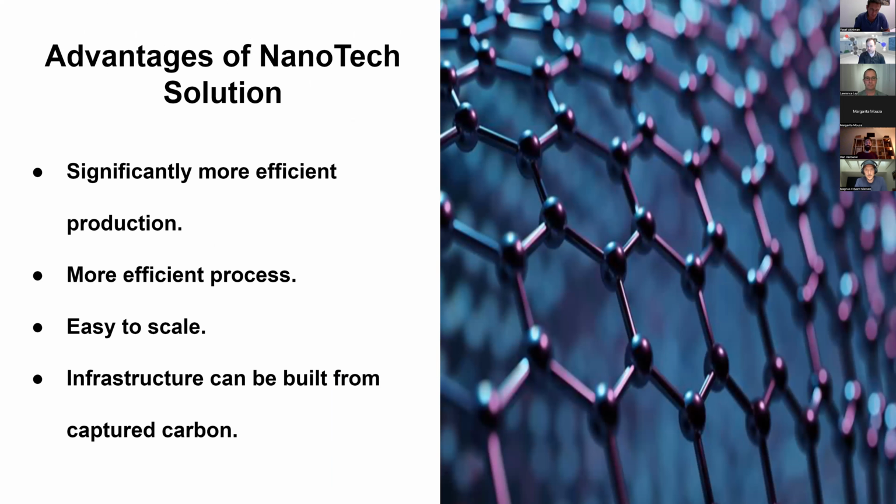And potentially, what's interesting is that we can build this infrastructure, the nanomachines that capture carbon, from captured carbon. So in that sense, we don't need to mine things like lithium, we don't need other rare minerals. We just take carbon out of the atmosphere and build more machines which we can put